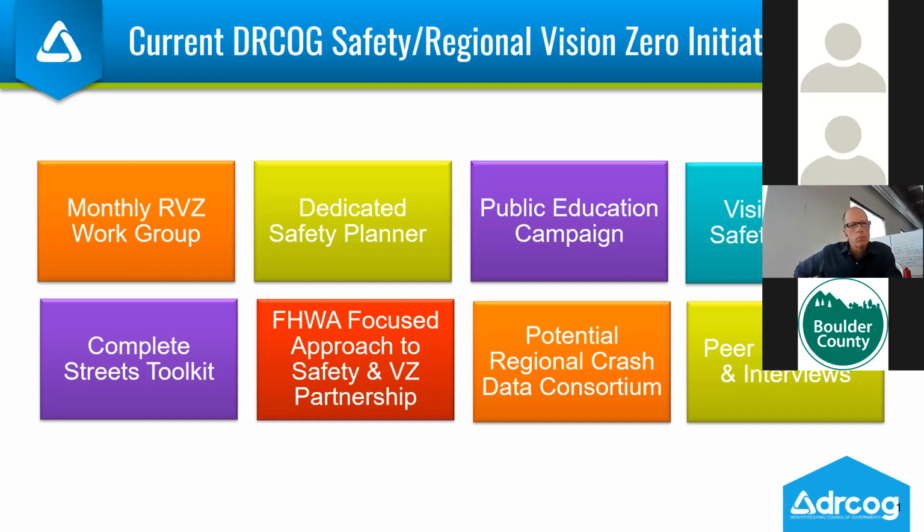Something else we've been working on is crash data. It's complicated how it flows up to the state level and back to the regional level, and how we process it, work with it and make it available. But essentially, in a nutshell, we've been exploring whether there are better ways to be more efficient and more accurate in geolocating the crash data, how we get it, and how we make it available to all of you. We're still feeling our way through that, but we're looking to see if there's some appetite for a potential regional crash data consortium.